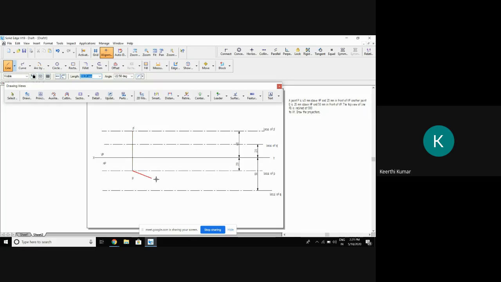You take the line from point P. Simply draw the line and maintain this angle as 30 degrees. But this line is supposed to be continuous. Trim the extra line. Is it clear? So I'll give this naming as Q2 because this is the true length. What is the true length? We will measure and keep it here. The true length is 60.